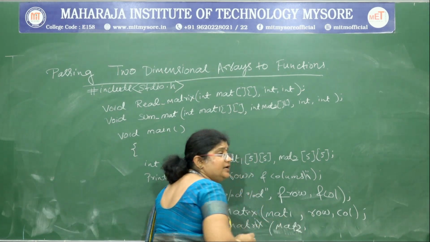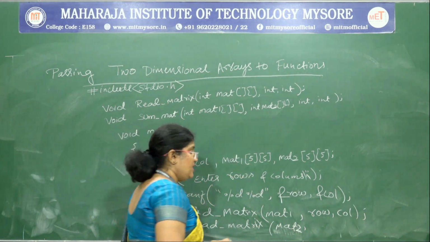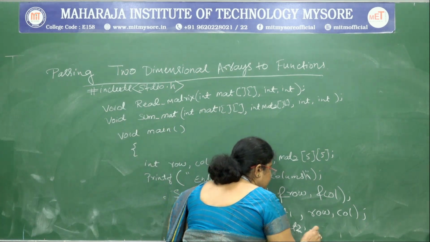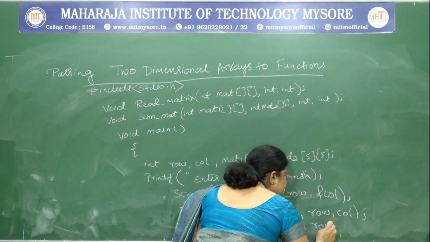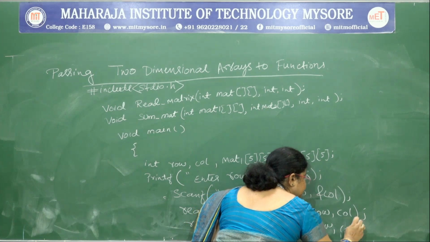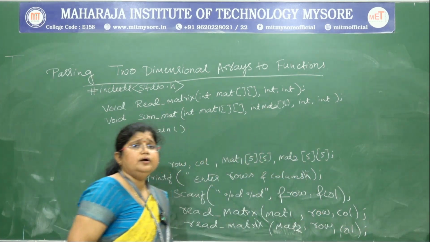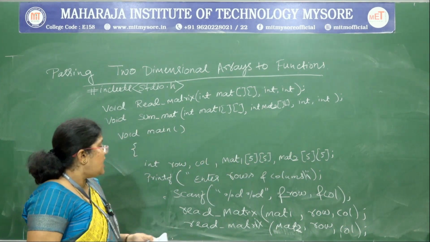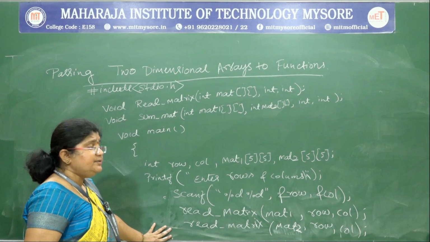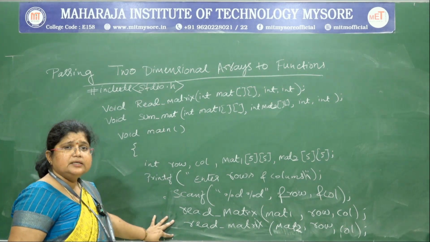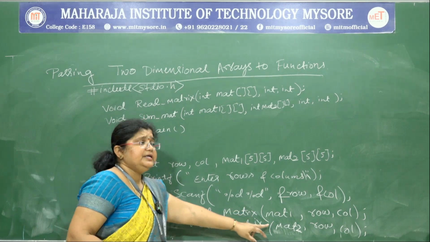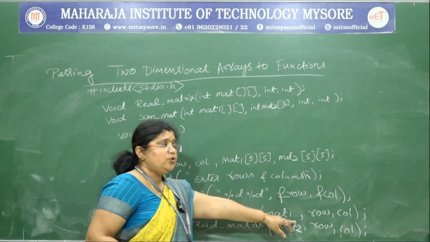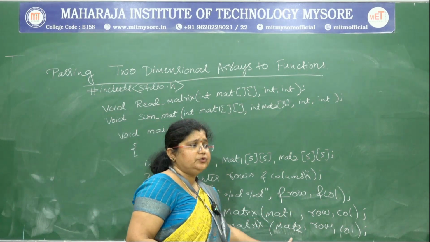Here we have to read the second matrix. We read the second matrix, comma, row, comma, column. Row, column. And next, after calling the function and passing the parameters mat1 row column, mat2 row column,